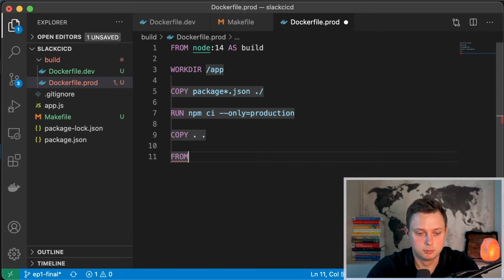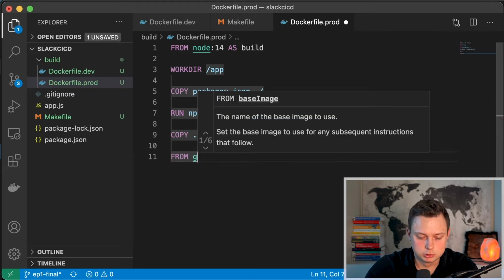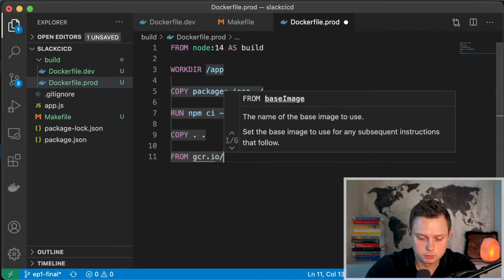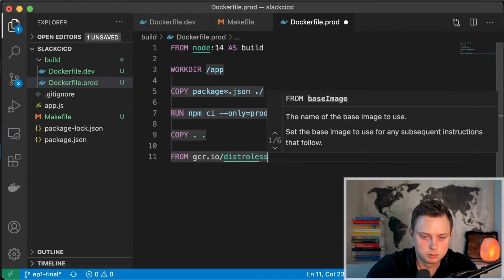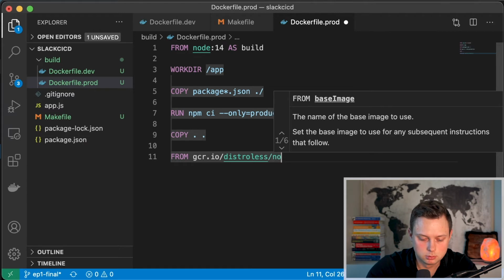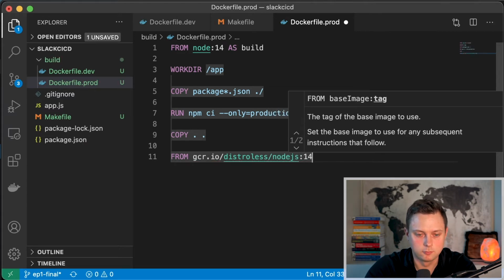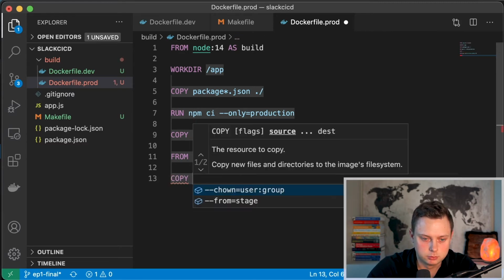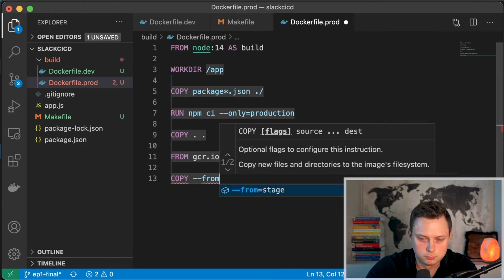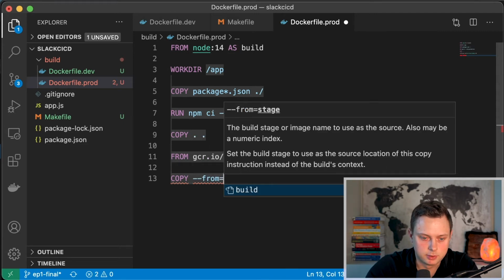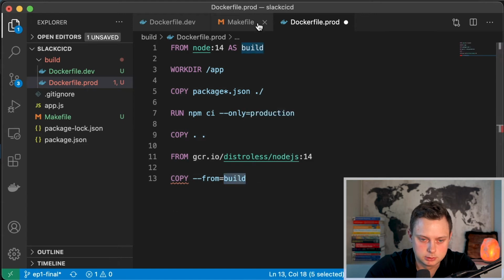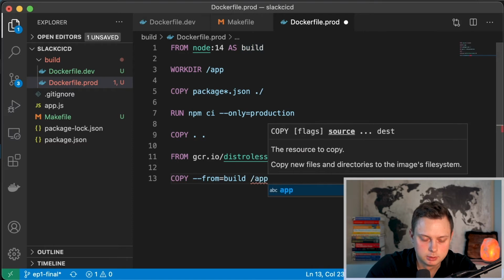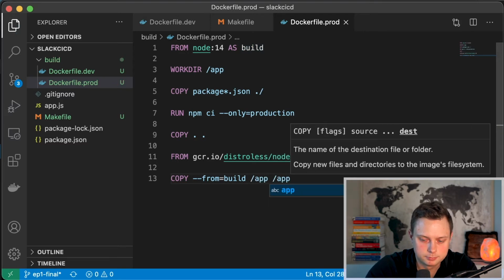Okay, let's start by defining the FROM statement, gcr.io/distroless/nodejs, and it's gonna be the 14th version. And let's copy from the previous stage, by using COPY --from, and we can specify the name, and this build represents this name. So from this stage, we're gonna copy the whole directory, app, and gonna place it in the app here as